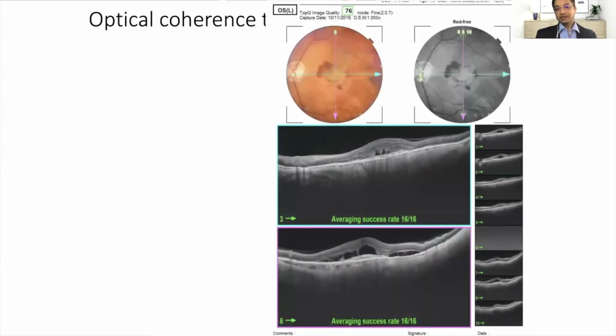As you can see here, the CNVM is above the RPE line. You can see a lot of subretinal fluid. These are diseases which probably need lesser injections than type 1 CNVMs under the RPE because drugs which we inject inside the eye, different molecules, have an easier access to CNVM above the RPE.